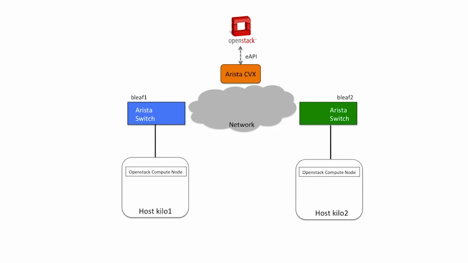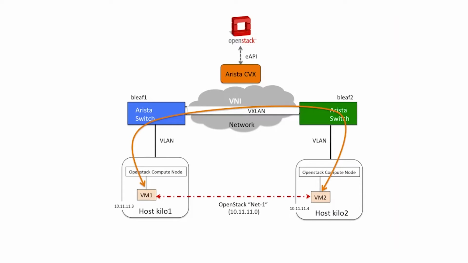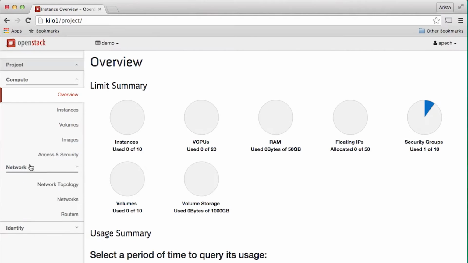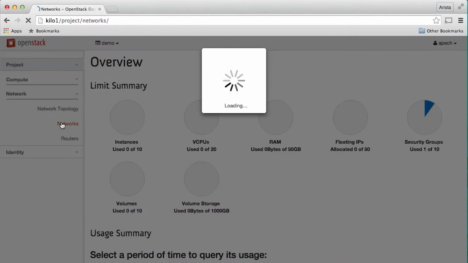Now, in an OpenStack environment, CloudVision similarly provides an integration point to the physical network for Neutron, enabling the provisioning of tenant networks across both virtual and physical infrastructure. In this setup, we have a 2-rack OpenStack cluster with an L3 fabric in between. We're going to spin up one VM in each rack and get connectivity between them by automatically provisioning the appropriate VLAN on each top-of-rack switch port, and then automatically mapping that port plus VLAN into a VNI across the L3 fabric. Now, if we go into Horizon, we can create a new network